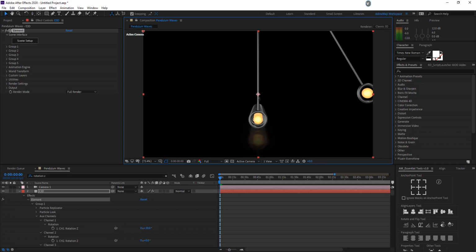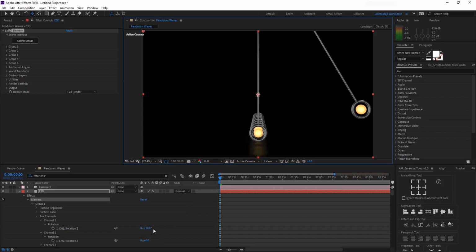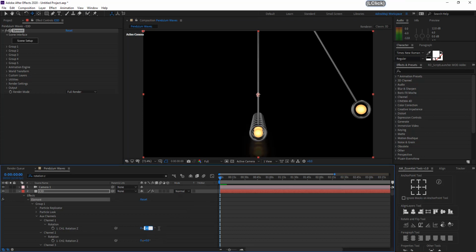Once it is in place, we can rearrange the camera a little if you want, or keep the same place. Okay, it would be better. This is how the animation will happen. So 30 degrees over here. If you press -30, it will be on the left side over here. So we are good to go right now.